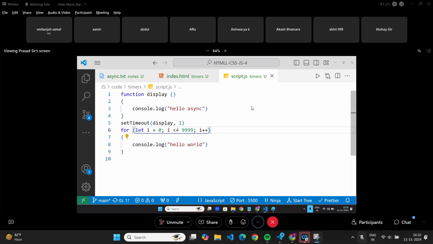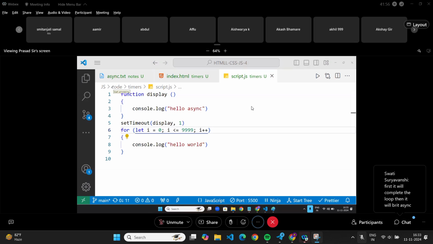Okay, now everyone listen to this. Most people will think this logic like this: in the middle it will print. No, it won't. How will it work? Asynchronous logic works in this way. If you remember, in the initial days when I explained the JS engine, I explained the biryani process. Do you remember that? We discussed the execution context. We discussed the call stack. Let's go to that point one more time.